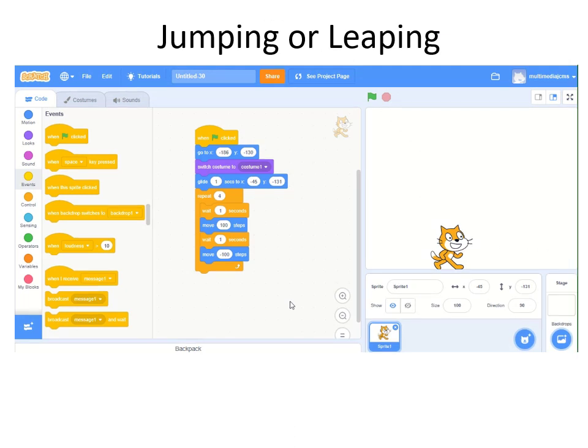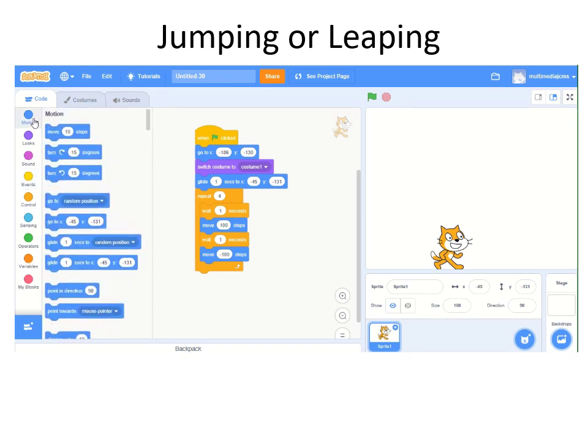All right, let's say that we want our character to either jump or leap, or maybe just move in an upward direction on the screen. You've got a couple of options to make your characters do that. If you go to the motion category, if you're wanting to go in an upward direction, you've